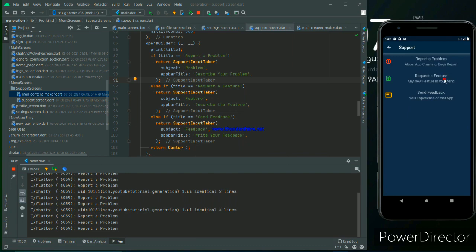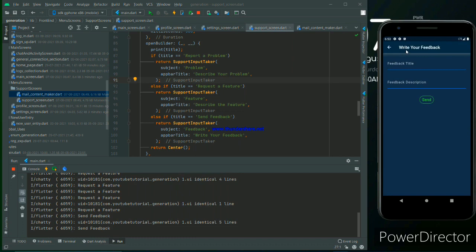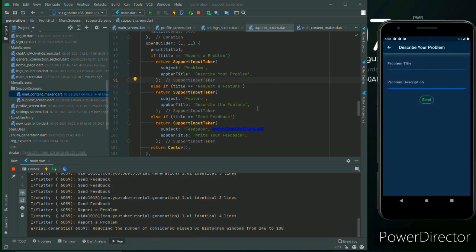Okay, so that's why, and you can see that except for the hint text and app bar title, the UI pattern is the same. That's why we use a reusable, what do I say, sorry, I sometimes forget, a reusable screen.